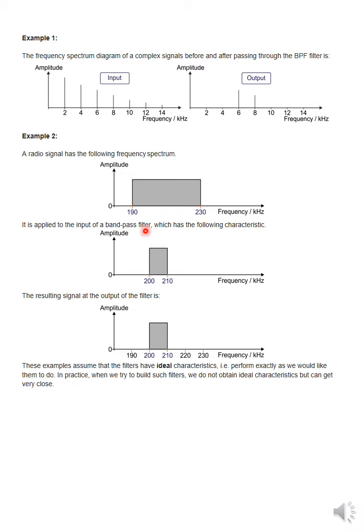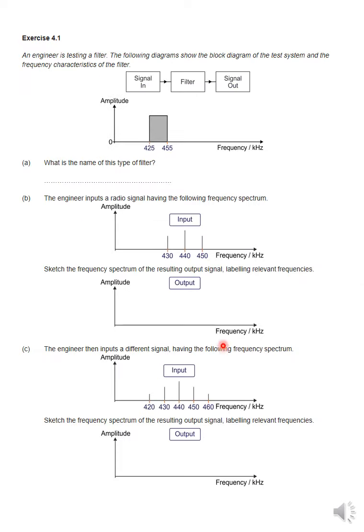So if you want a filter to just pass the signal with no amplification, you just want to block a certain portion of frequencies and pass the remaining portion, then you need to use a filter with an amplitude equal to 1. So whatever the amplitude of the input signal is, that will be the amplitude of the final output. Okay, now up to this point we are assuming that the filters are behaving ideally, but in real life they don't.